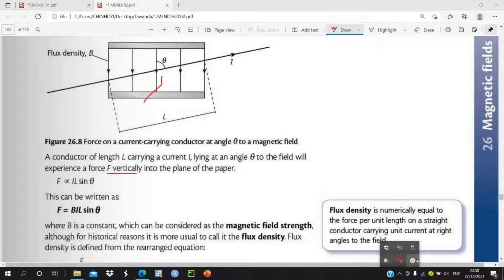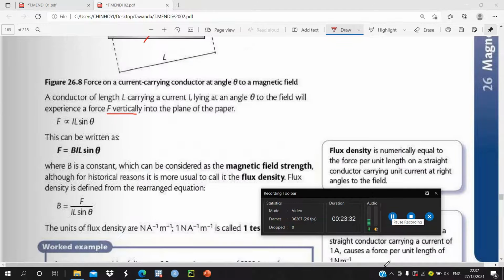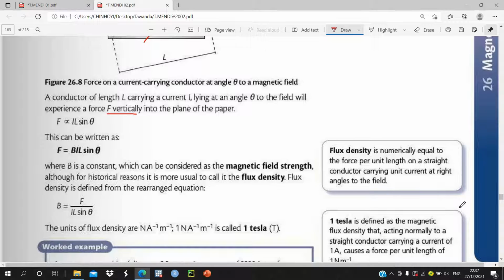So as you can see here, I was saying the force is proportional to the current in the conductor, the length of the conductor, and the angle at which the conductor is placed in the magnetic field. So this can be written in this form. If we remove the proportional sign, we'll say that our F will be equal to, we introduce a constant K,